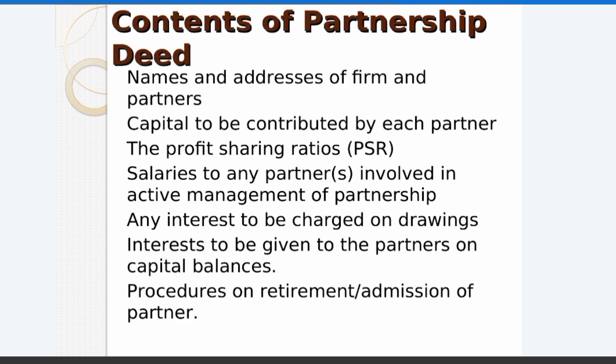Number two is the capital to be contributed by each partner. So they have to agree. Do they contribute equal amounts of capital, or may they contribute varying amounts of capital? Should they agree to contribute equal amounts of capital, then it may also follow that they share the profits and losses equally. However, the profit sharing ratios can be